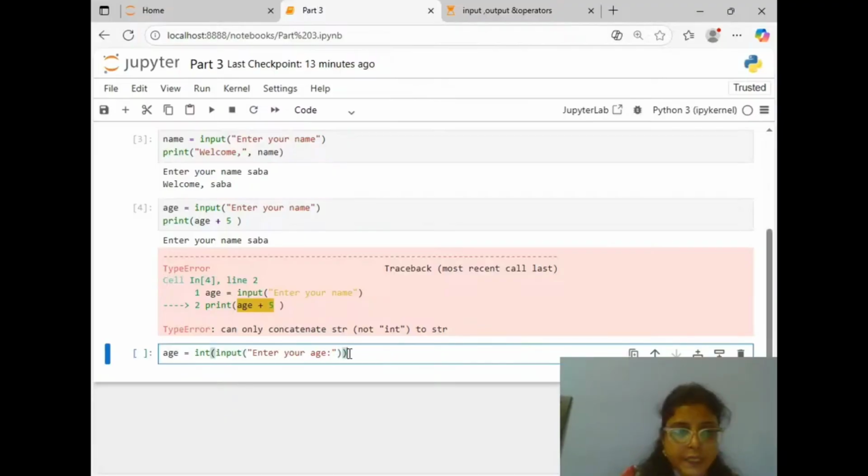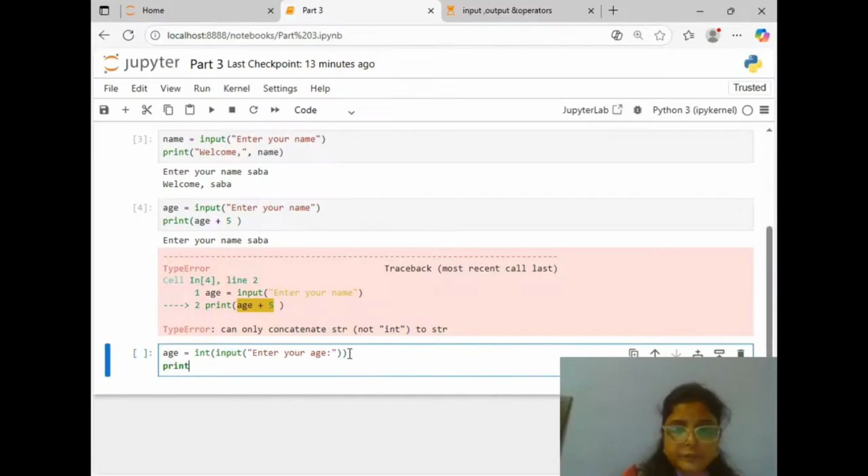Now print next year you will be age plus 1. Got it?